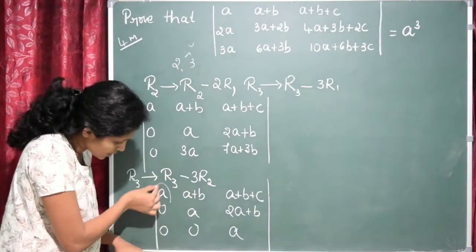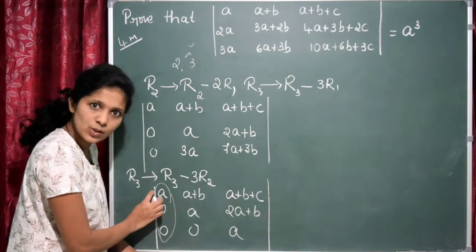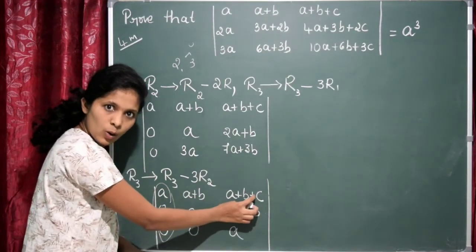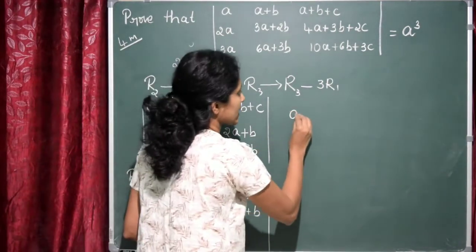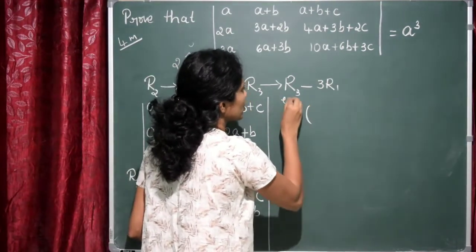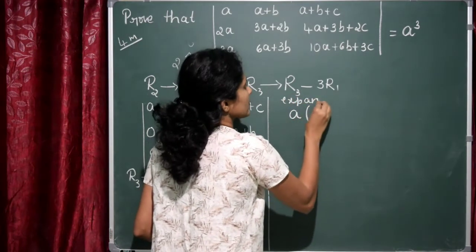Because here the first column is 0. Or else you can go with this one also, no problem. Okay, you'll get the same thing. Or else you'll go with this one. So this is now, by the expansion I can write A into, if you want to write expanding along